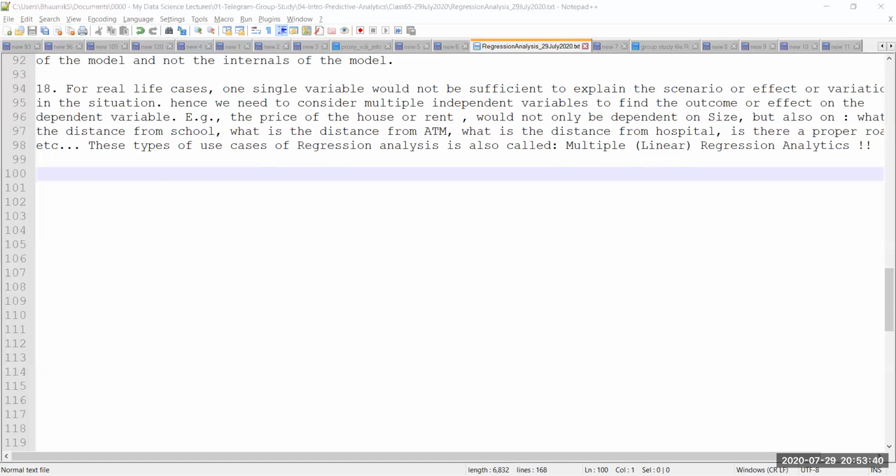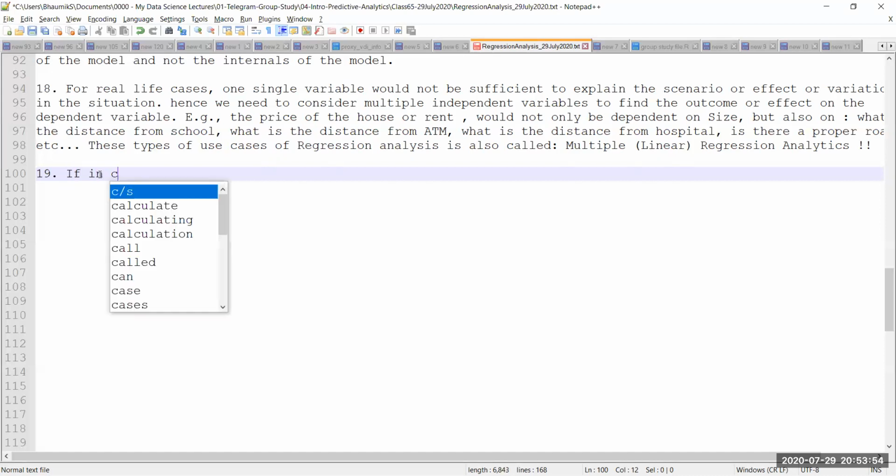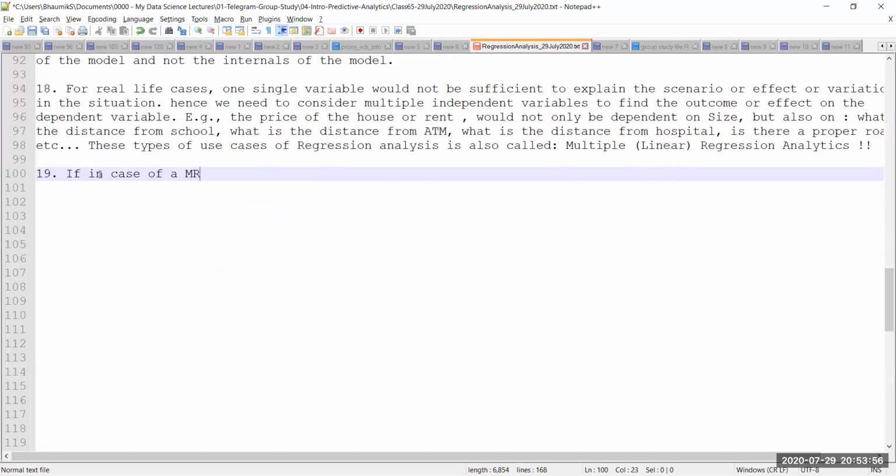So before I do that, I just wanted to quickly tell you a couple of things that is really going to be very useful, and that we are going to write. So first of all, I'm going to write what we have already discussed. If in case of a multiple regression, I'm just writing m/r. If in case of a multiple regression,